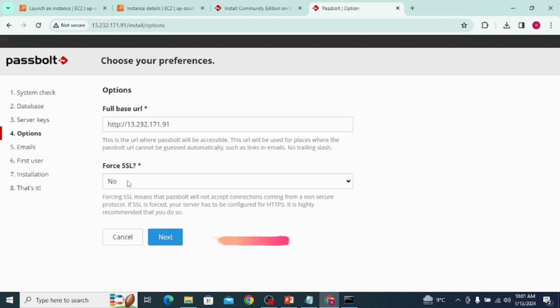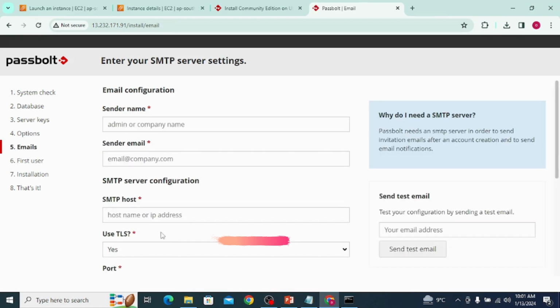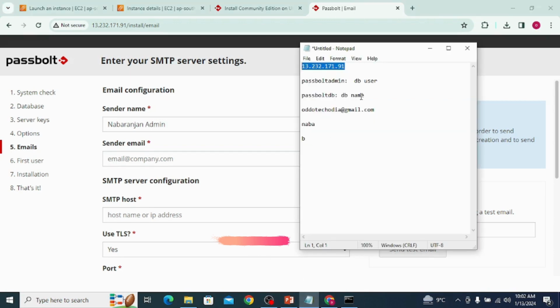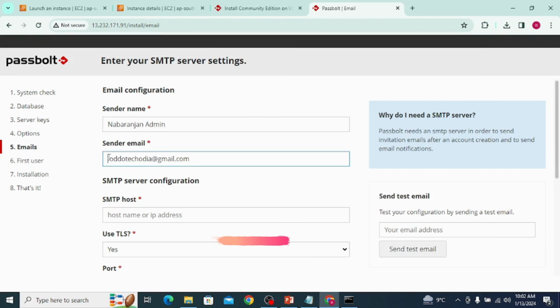Here I'm not clicking on SSL because I don't have an SSL certificate, so I'm just going to click on next. Here the sender name should be like Navaranjan admin. The sender email address should be like that. Okay,